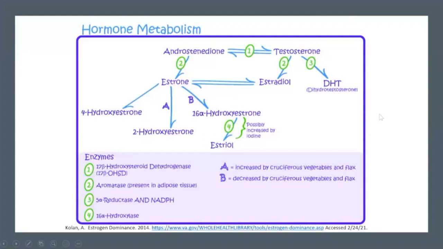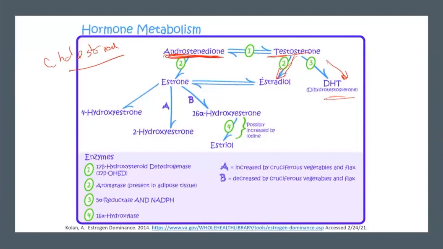So what does this look like? This is kind of a crazy graph. You don't really need to think too much about it, other than just know that estrogen all comes from cholesterol. Cholesterol is the precursor for all of this, okay? Then this system, as it goes through about 1,500 steps, ends up converting to testosterone, which converts into the estradiol. It also converts to the things that make the free testosterone that the body uses over here.